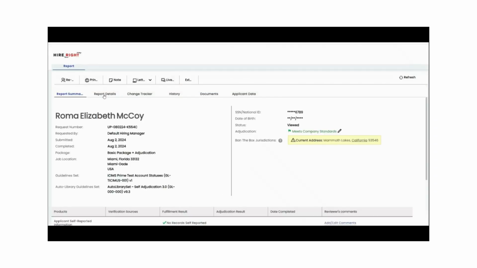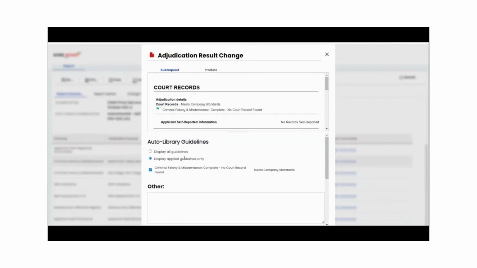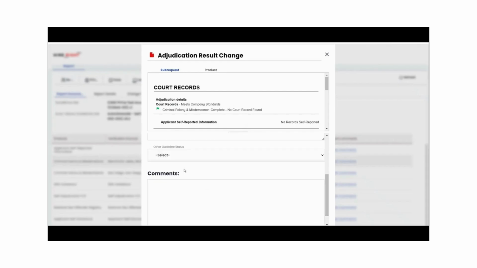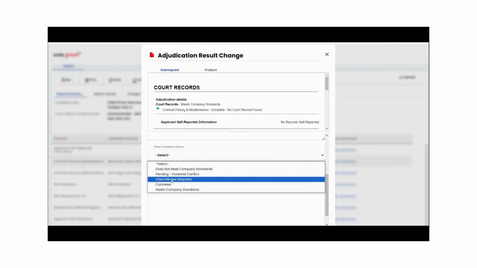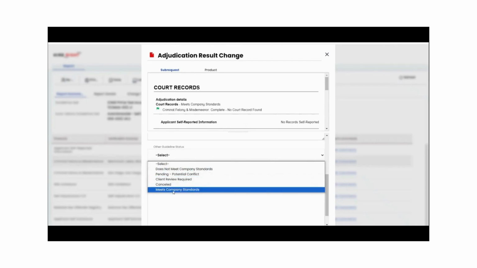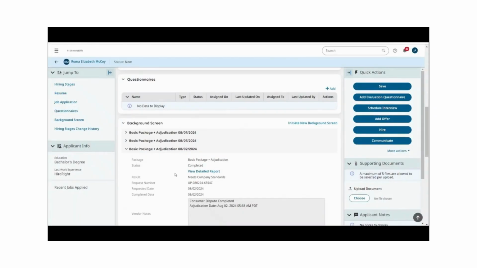So if you did need to look at the details of the report, you have that here in the report details tab. If you did need to make a change to the adjudication result, so let's say the adjudicated result came back as requires client review, and you reviewed what those details were, you can come down here and select from client review required to change it to meets company standards. And if you do that, it will populate back into the system here as to what the new adjudicated result